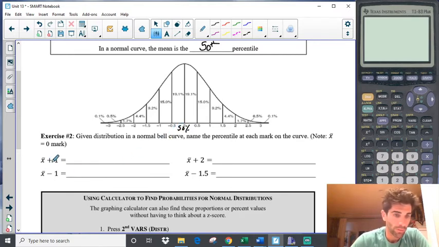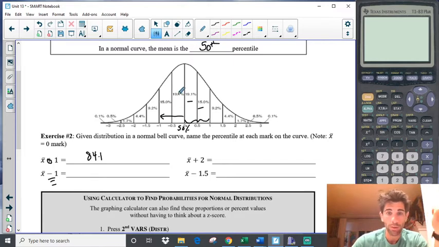Okay, if you're going to be one standard deviation above, that's going to be the 50% plus the 19.1 and the 15. So I do 50 plus 19.1 plus 15, and that's going to be 84.1. Then I'm going to do one standard deviation below. So I'm not going to add, I'm going to subtract because I'm going down. So I'm going to do 50 minus 19.1 minus 15, and that's going to be